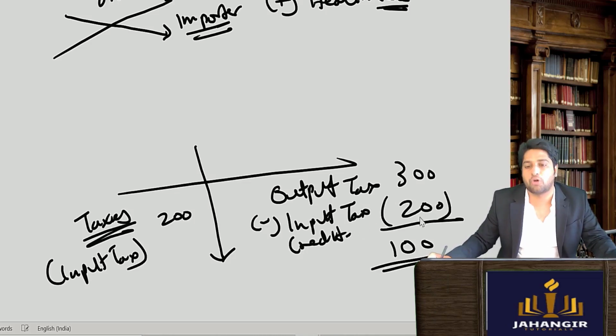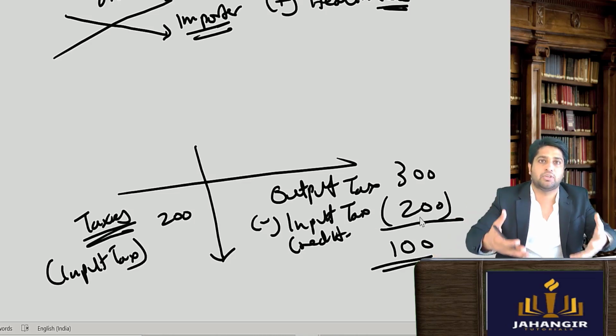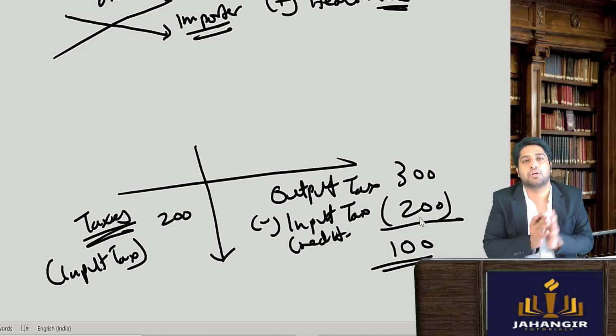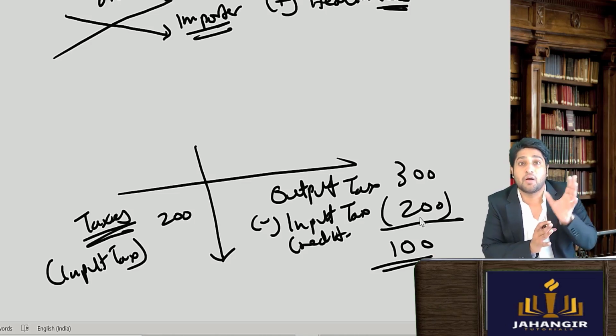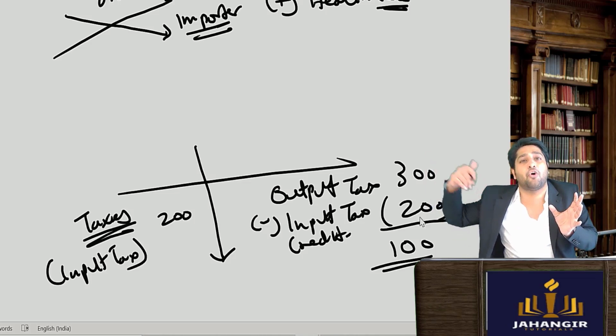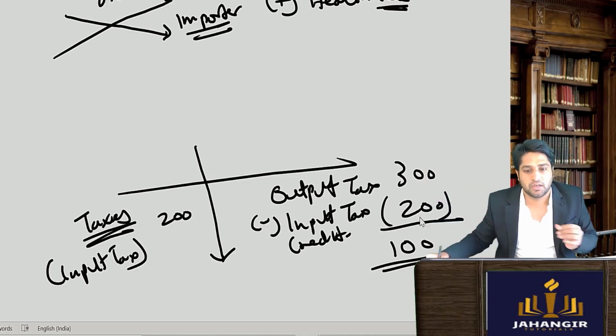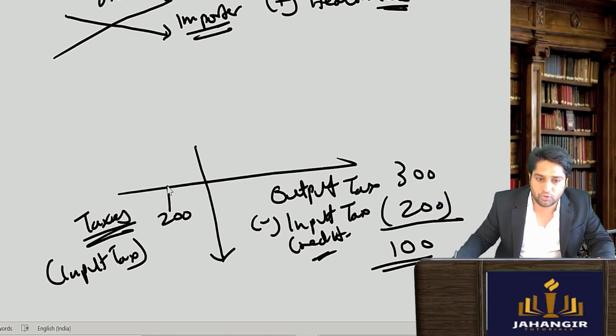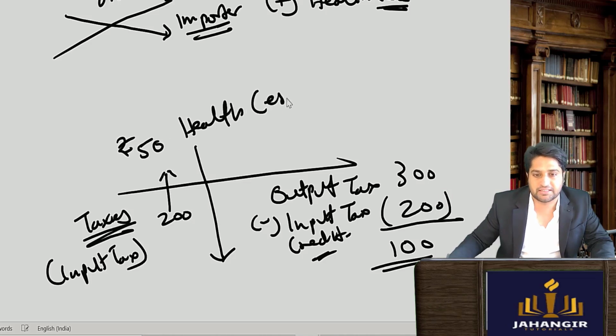Set off, it's common sense. If I sold goods, I would have collected tax. Will I go and pay this collected amount entirely to the government? I will tell the government, wait a minute. I have collected 300 rupees tax, I have to pay you 300 rupees. But earlier, I have already paid you certain tax, so I'll take a credit of that. Let's say from here I came to know that 50 rupees was paid as health cess.